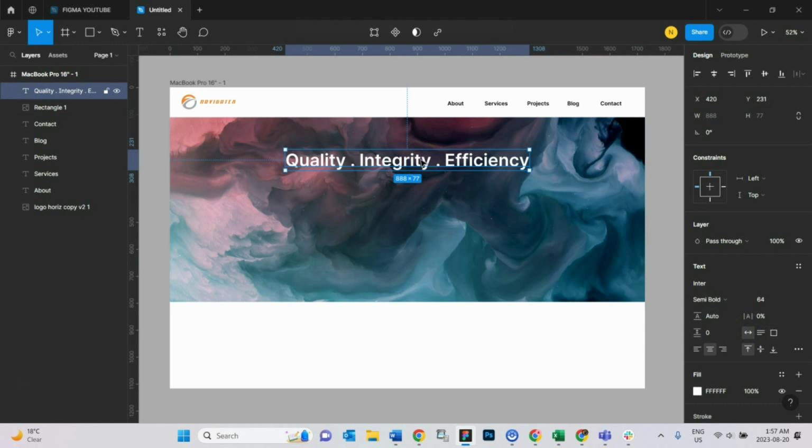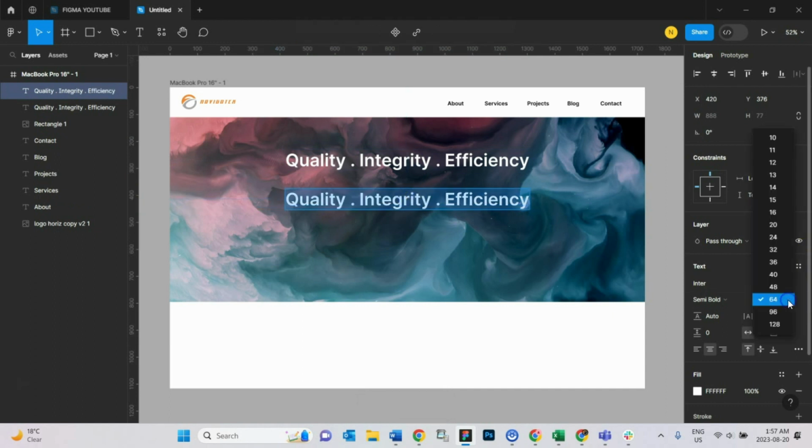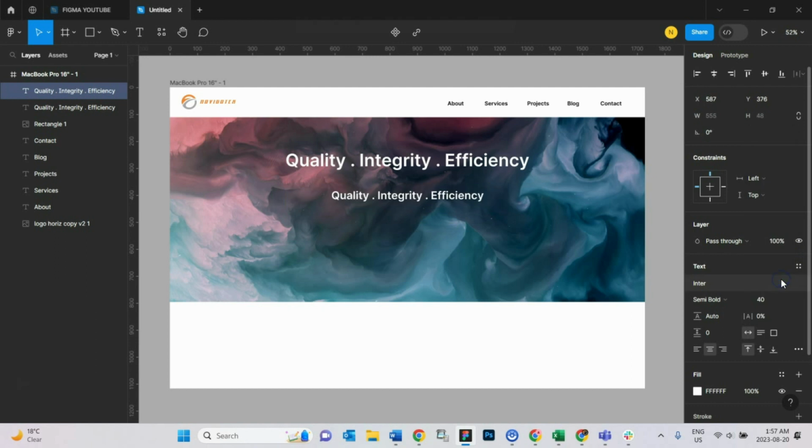So now we can duplicate that, bring it over here. Now we can reduce the text size to, let's say, 40. Yep, we can decrease it a little more. Looks about okay. Let's add some text here, but of course we don't know yet what our website or our